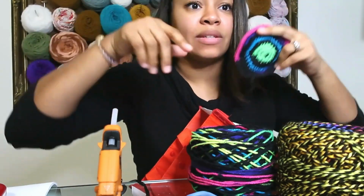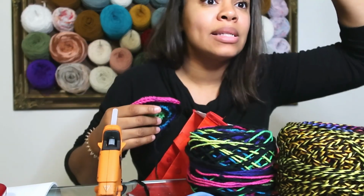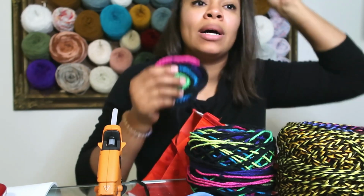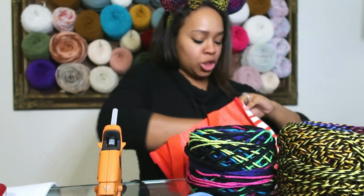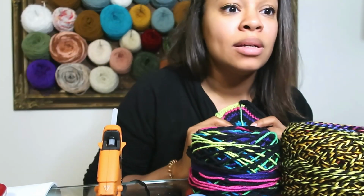So you can see it's very different, where this is more of like ombre with the black consistent throughout, kind of a zebra look, like a rainbow zebra. This is more like striping with the different neon punching in and out. This will be paired with,